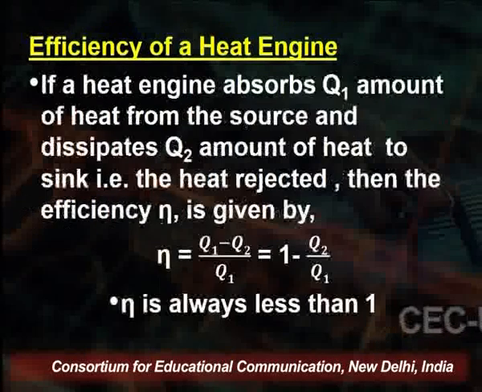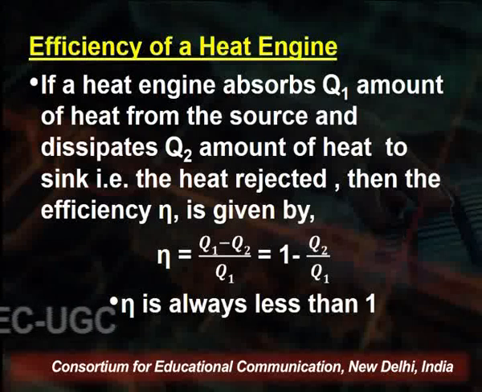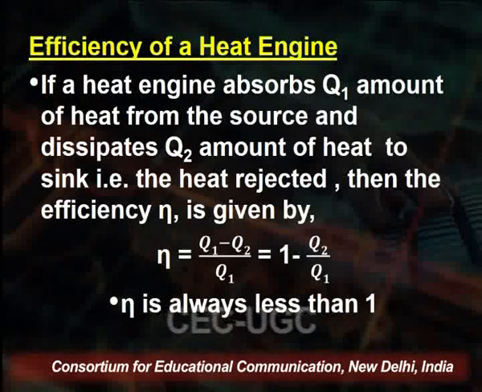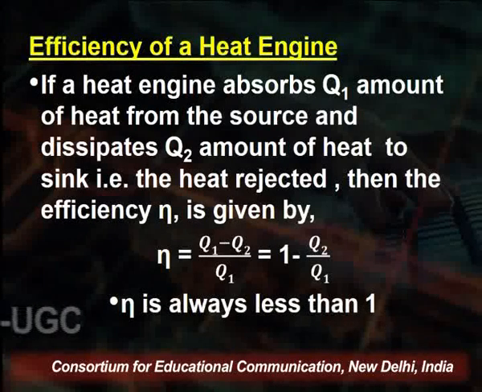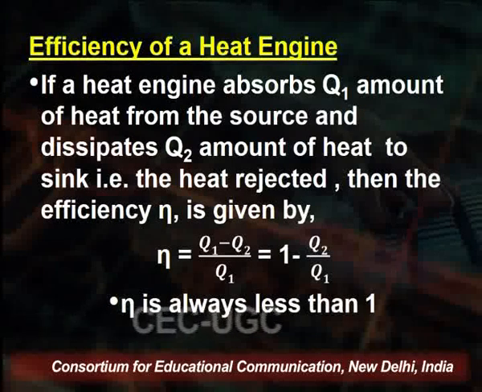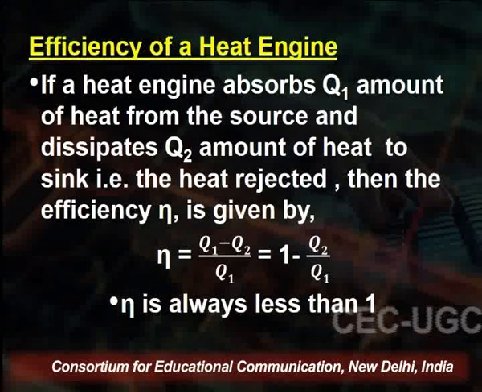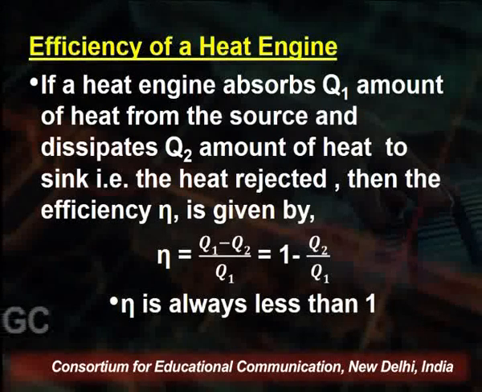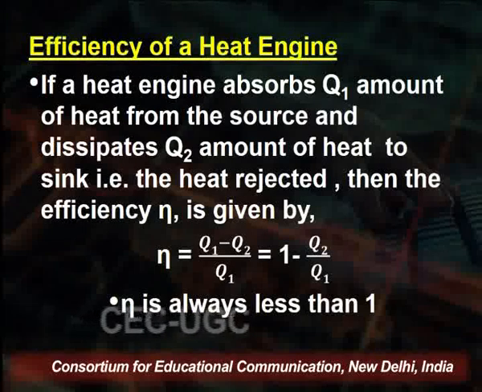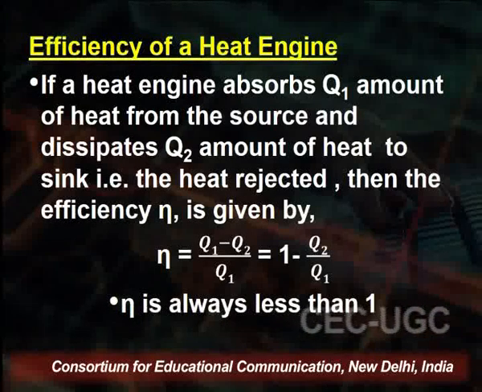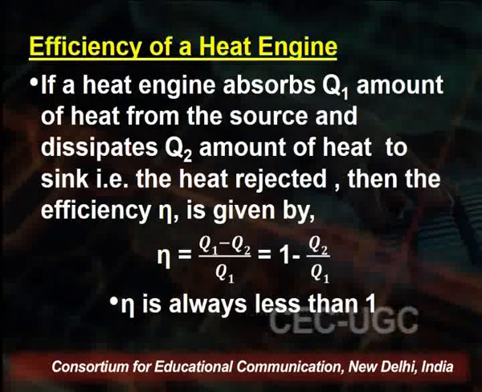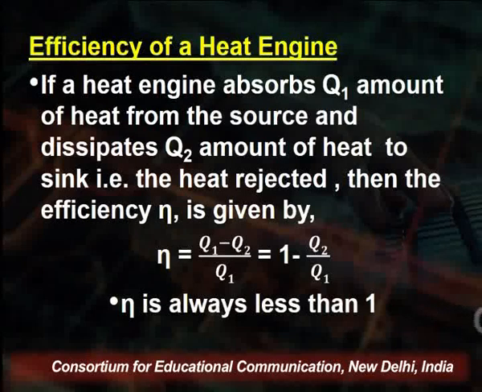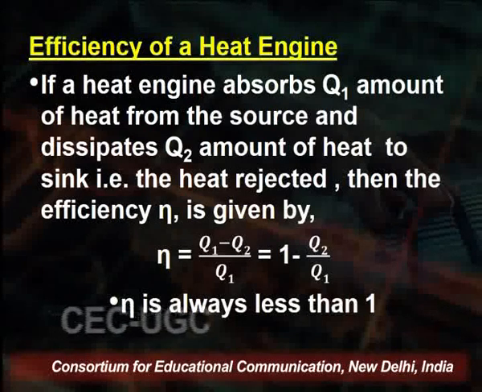If a heat engine absorbs Q1 amount of heat from the source and rejects or dissipates Q2 amount of heat to the sink, that is, the heat rejected, then by the definition of efficiency, eta is given by (Q1 minus Q2) over Q1, which is equal to 1 minus Q2 over Q1. Because it is 1 minus Q2 by Q1, this means that eta is always less than 1. Eta equal to 1 means 100% efficiency,